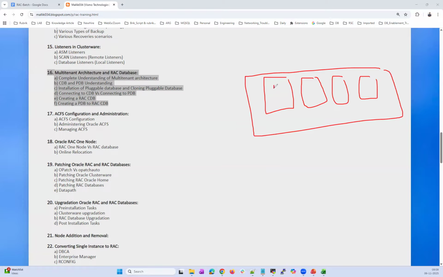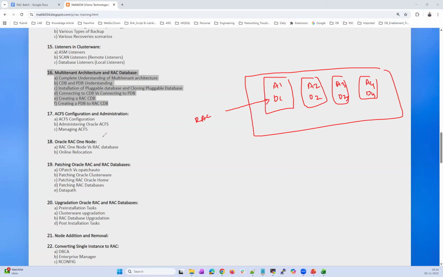In that four node RAC cluster, let's say you have ASM1, ASM2, ASM3, and ASM4. Four ASM instances will be running, and on top of that, you will be running your database instances, instance 3 and instance 4. All four RAC instances will be running. This is your RAC database.